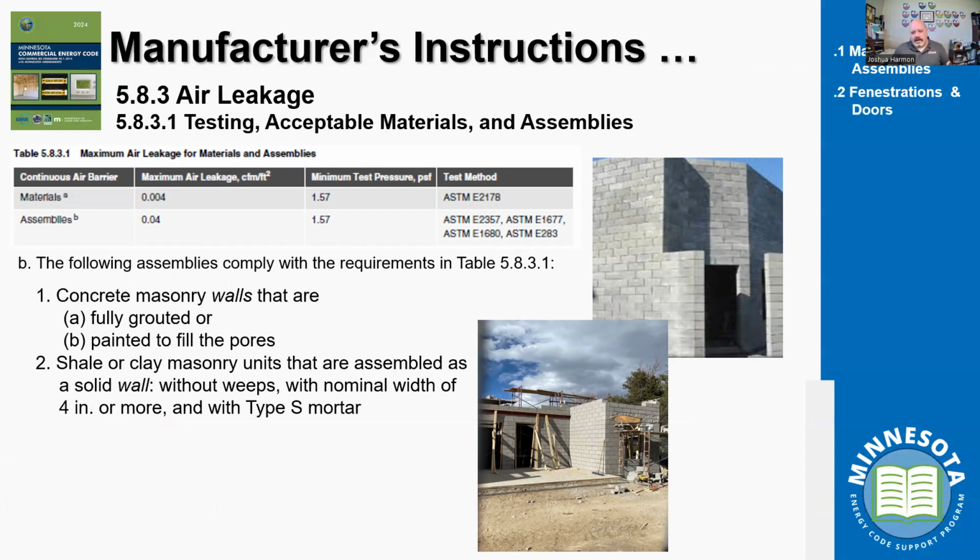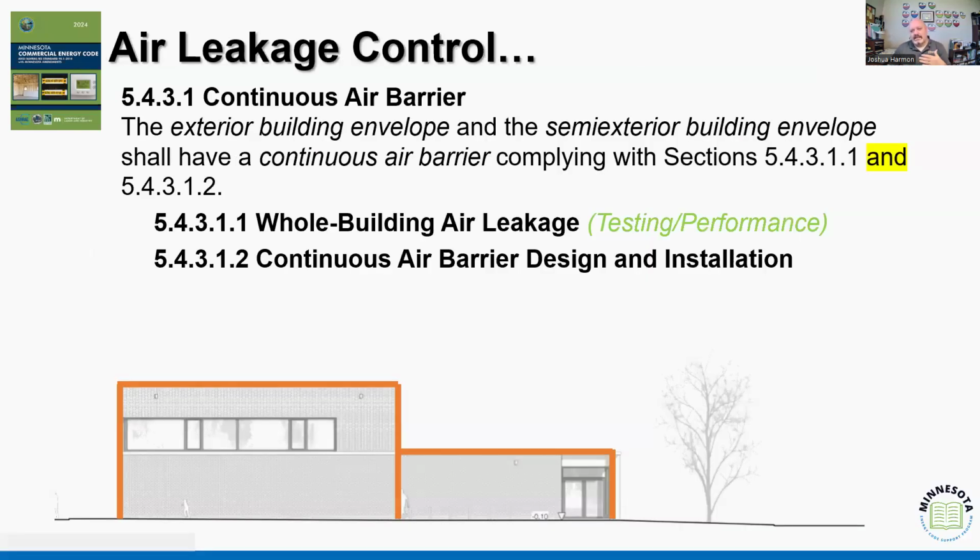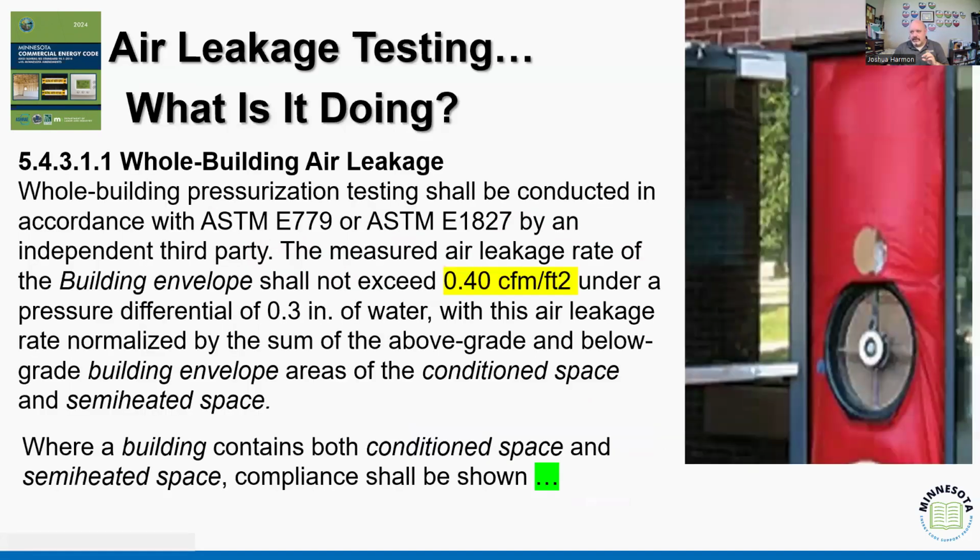What we're looking for in that, and what sometimes we get, again, depending on our compliance path, is we're going to get a report that comes back and says it was installed properly. Now, you remember, we talked about this before. The expectation goes beyond just those wall systems, but also goes into our fenestration. And the code says that as part of that continuous air barrier, we have two options, two sections to address testing and verification that we have to follow. We do whole building air leakage testing, and we have to make sure that's properly installed and designed, right?